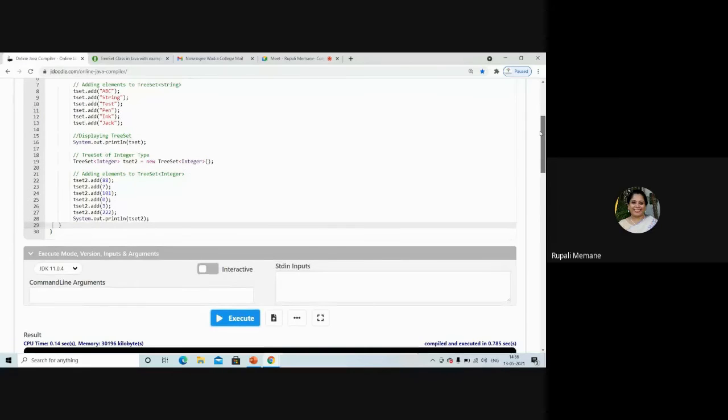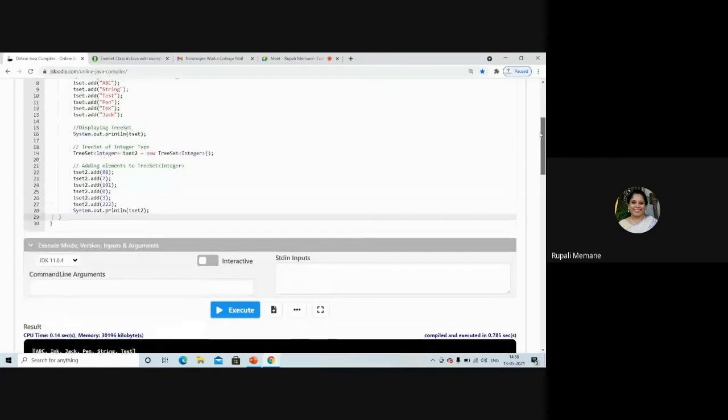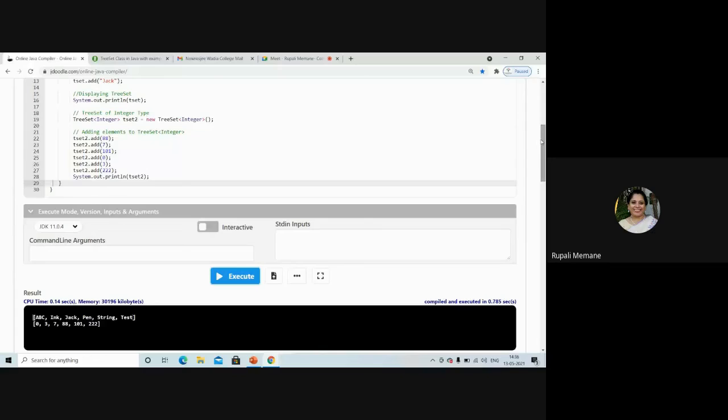But when it is displayed, it prints ABC first, then ink, jack, pen, string, test. Similarly the numbers: 0, 3, 7, 88, 101, and 22. So irrespective of your insertion, because it is a tree set, it will automatically sort the elements and print them in ascending order.